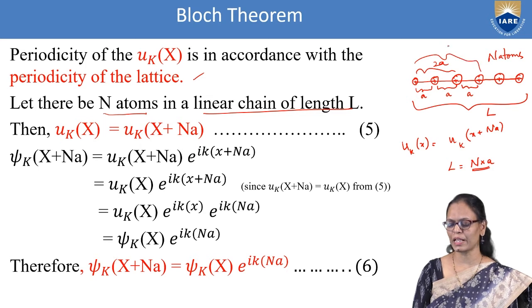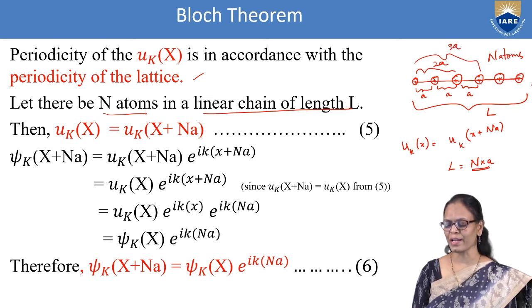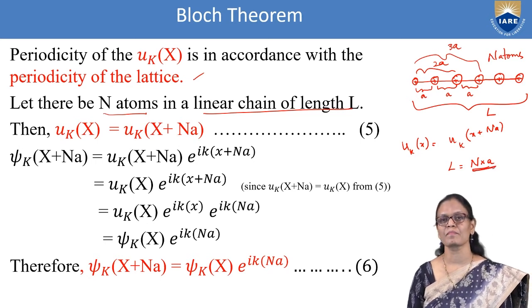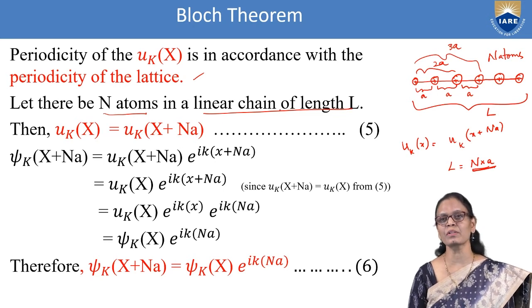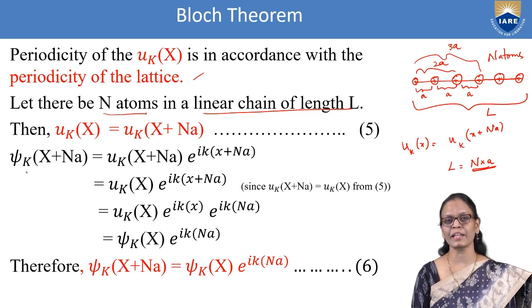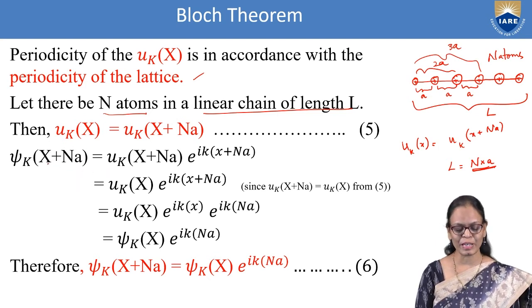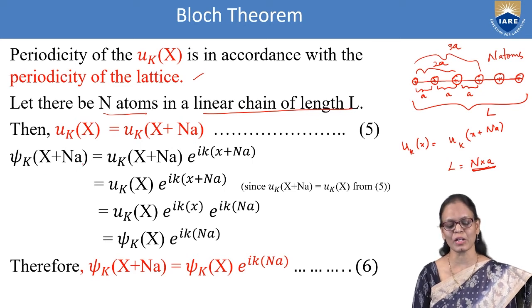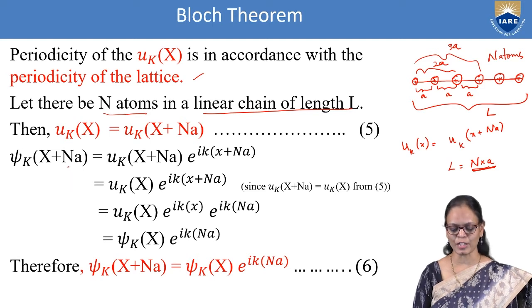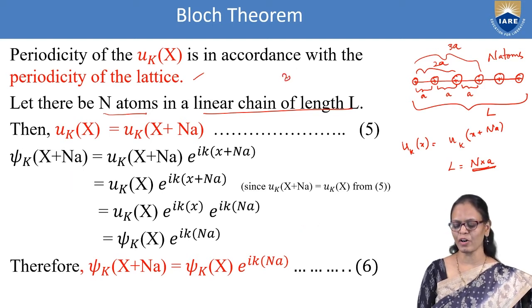So this will be 3a, 4a and so on. From the first to the last, the distance will be Na. That is why we are writing u_k(x + Na), extending it to the entire crystal. Now, psi_k(x + Na) will be equal to what? Wherever we have x, we will be replacing it with x + Na, because we want to extend it to the entire crystal. So let us take the expression psi_k(x) = u_k(x) into